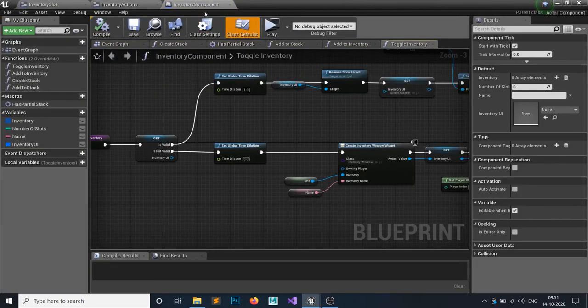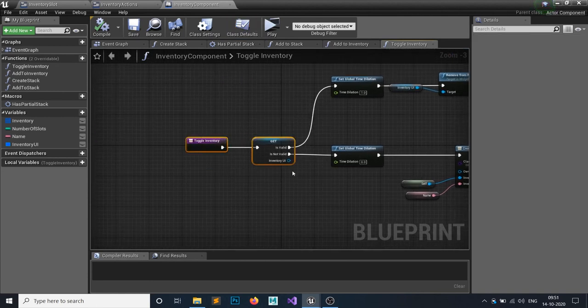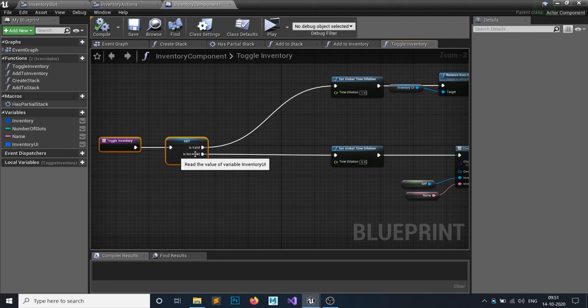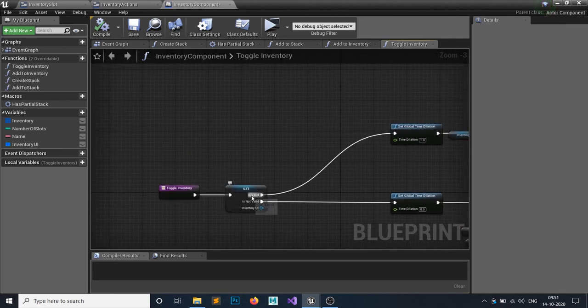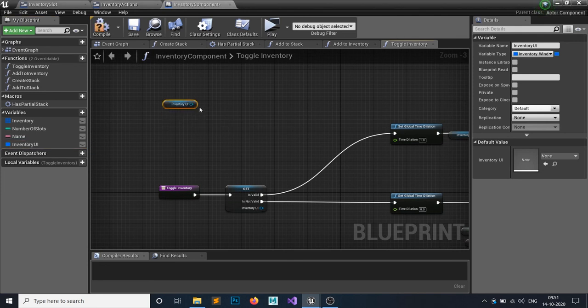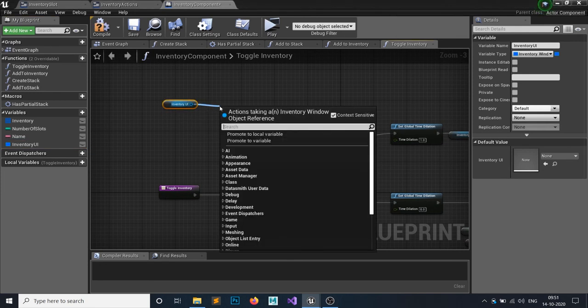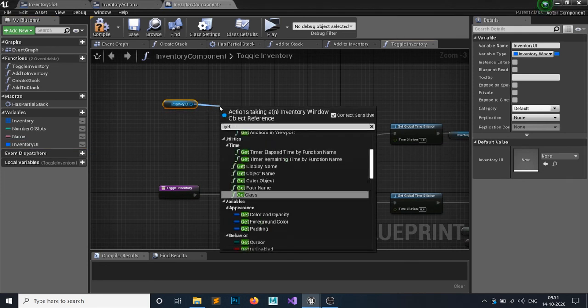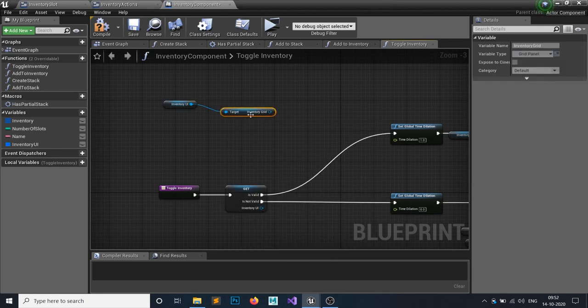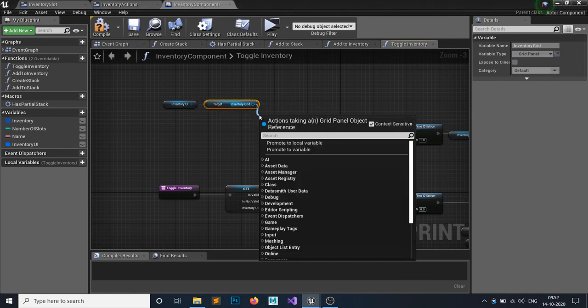So open your inventory component and you can see this toggling inventory. So if we turn off the inventory, just grab this inventory UI, and from that get the inventory grid panel. We don't want all the children as before, because if we call that disable function it will disable all the action bars.